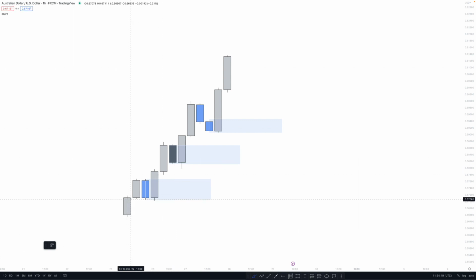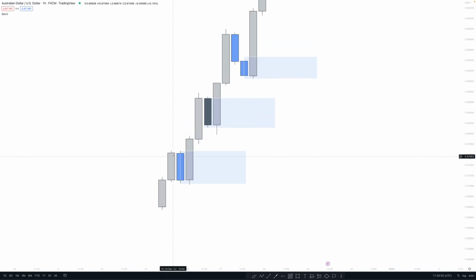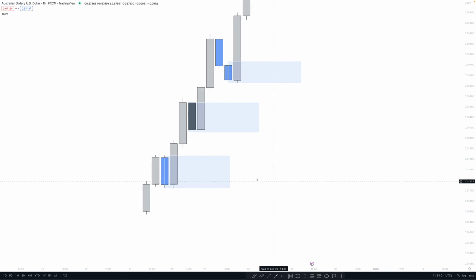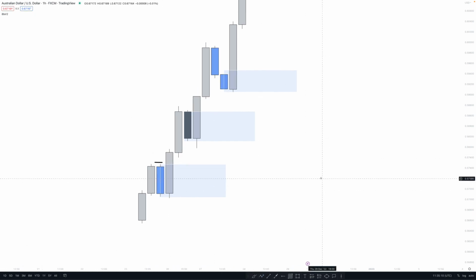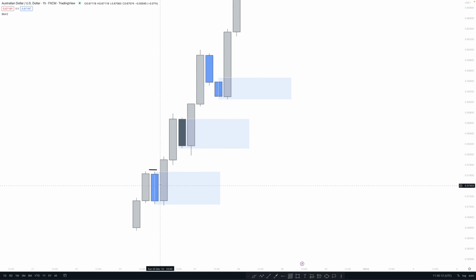So you're going to have an impulse to the upside. Then you're going to have a retrace. You see that this candle low didn't break this candle high, and this is why this is a retrace. The next candle broke that high, and here we can mark this as a break of structure. So this was a break of structure, and this was a momentum zone. Boom, price continued to the upside.